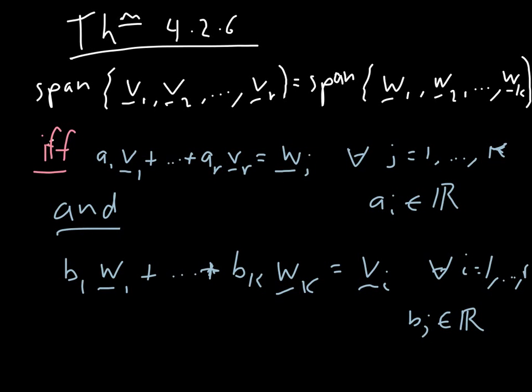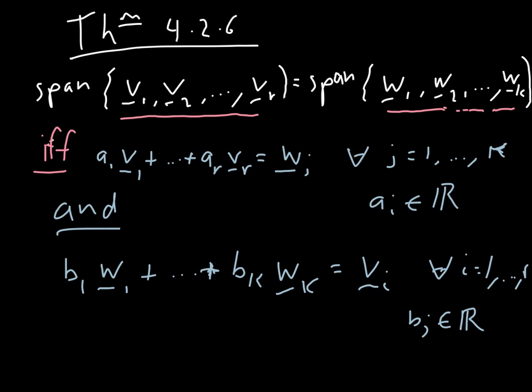Hi Liang. So to address the second part of your question, we're looking at theorem 4.2.6, which the long and short of it is, if we have a set of R vectors and a set of K vectors, the span of these two sets of vectors are equal to each other if and only if